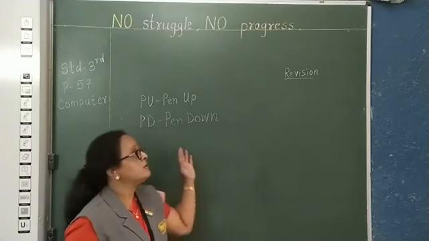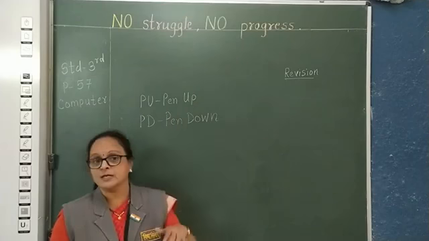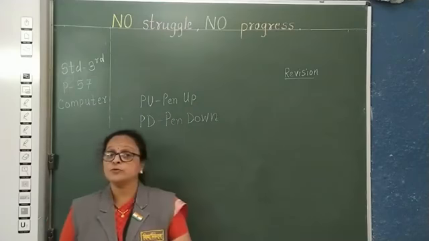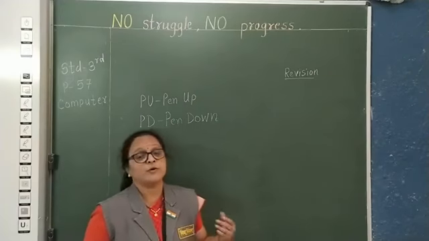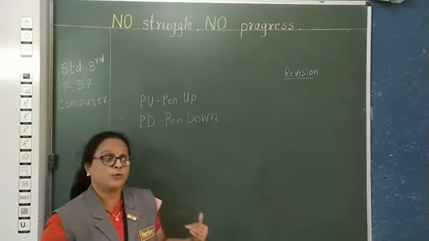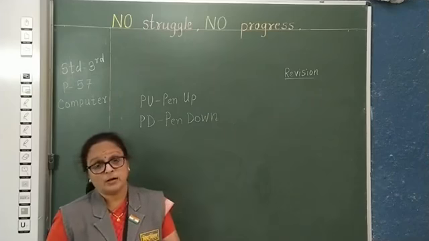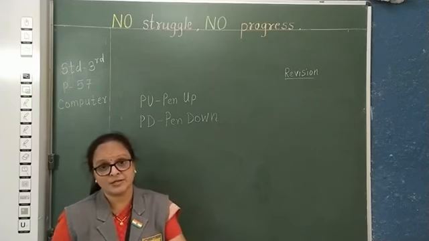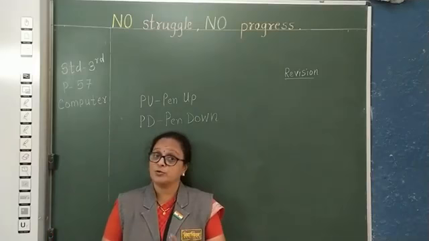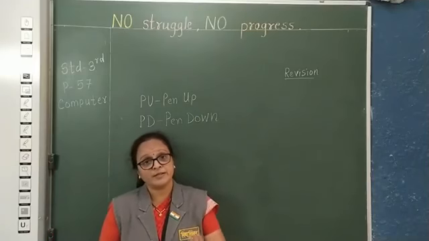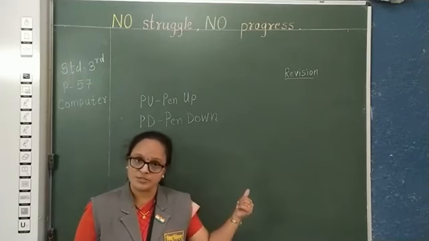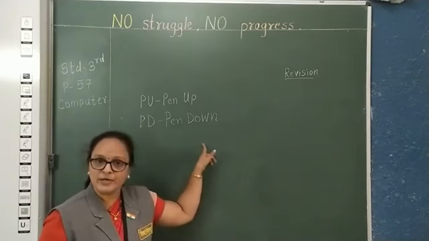Just now we have seen that PU moves the turtle in any direction, isn't it? But if you want to start drawing lines on the screen, like if I said you just draw T and L on the screen, now you have completed the T, but if I want to draw the next letter, which command did you use? Yes, you used command PU. Now I want to start drawing lines again, I have completed the T and now I want to draw L on the screen, so to start drawing lines again we have to use this command PD, okay?